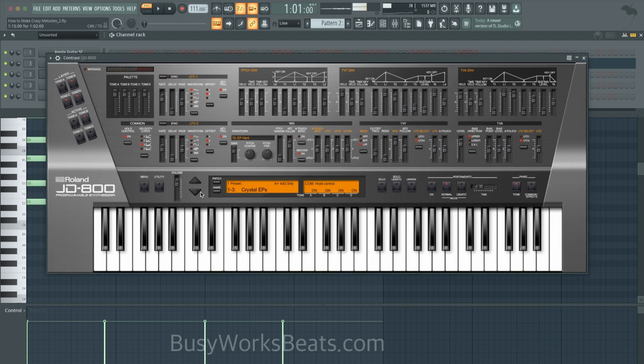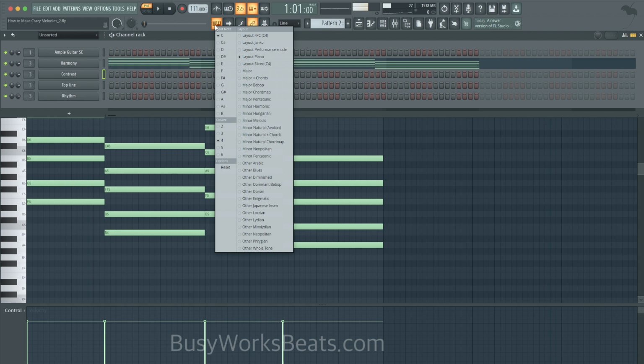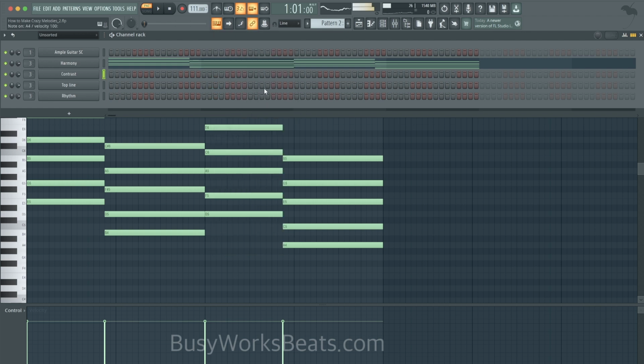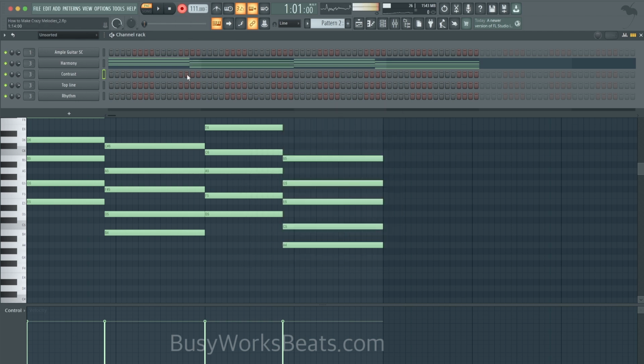So let's switch out the actual sound. Let's see if I can go lower. Let me see here. Okay, so let's record. So now we're going to do rhythm and bass, or contrast, I should say.